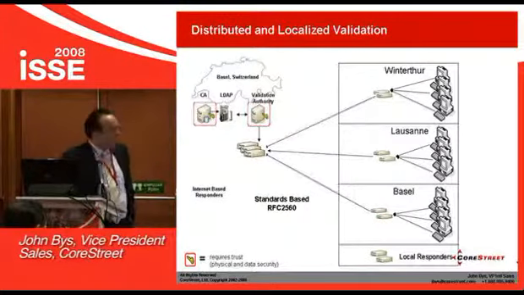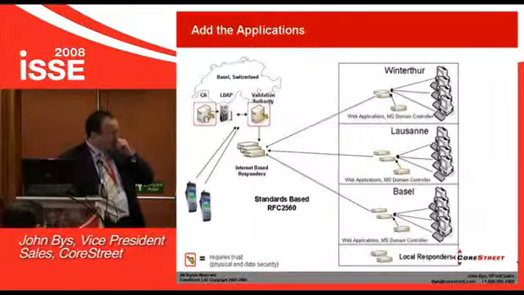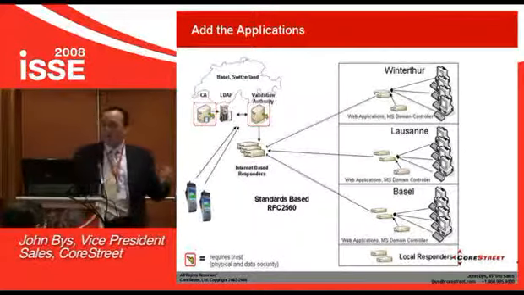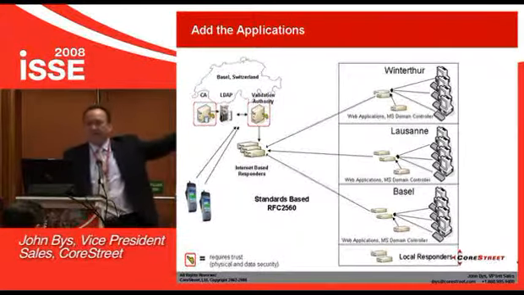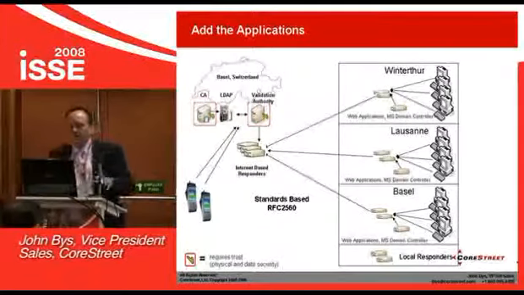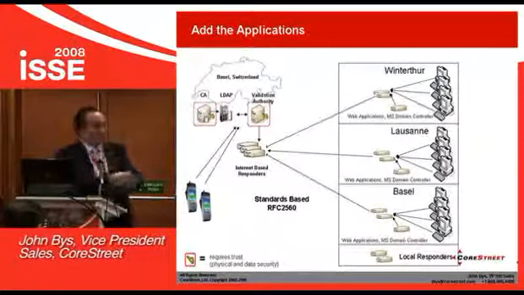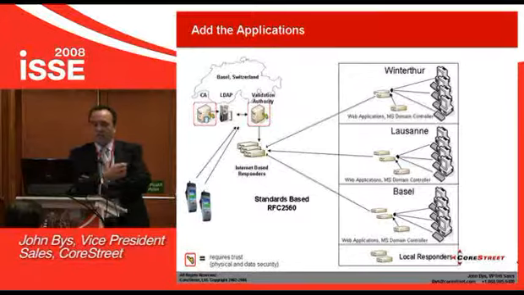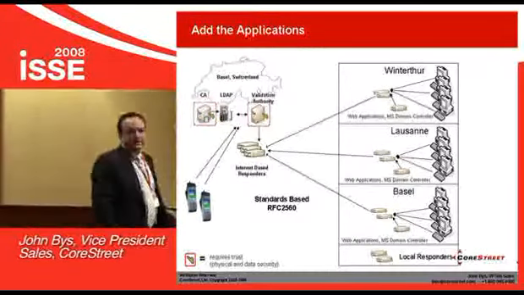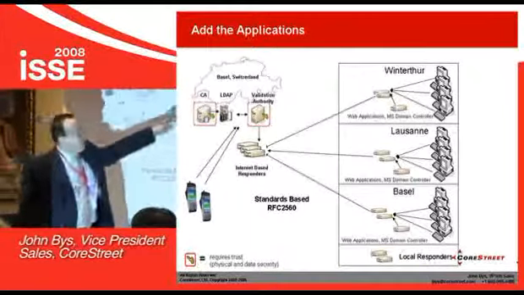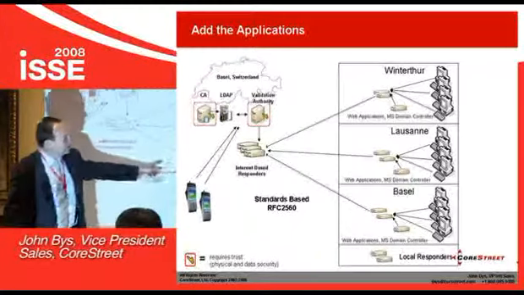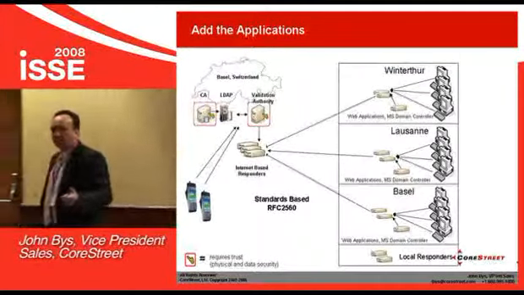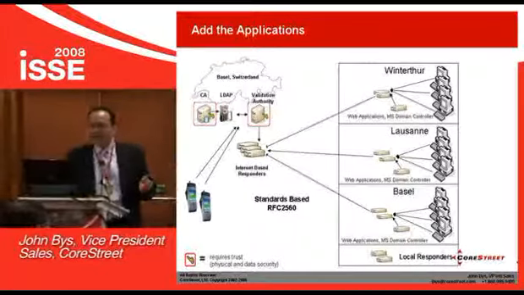So just kind of rounding out the picture, this is just some applications, right? You add your applications at the local layers or at the distributed layer, either in the cloud at the internet layer or at the local layers. The benefit of this model is that as you move things closer to your citizens, closer to your customers, if connectivity is lost at any point in this cycle, even over here, you still can function at a local level. You still have the application, you still have the validation, so you can still have utilization of those applications.